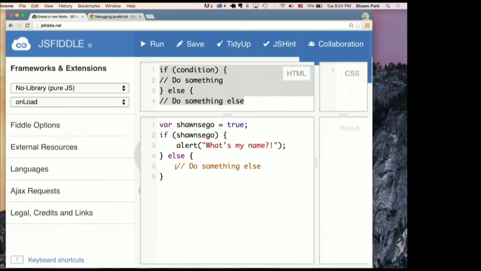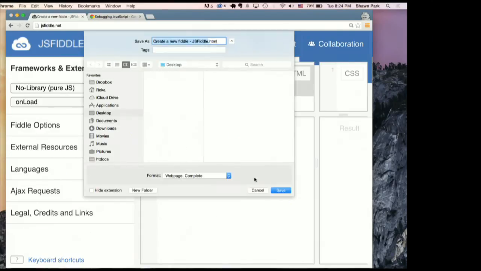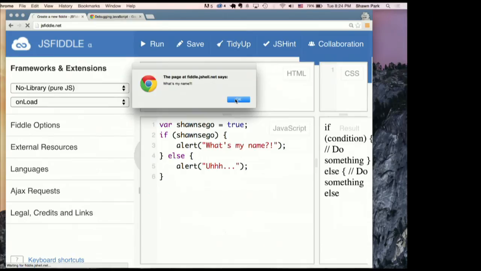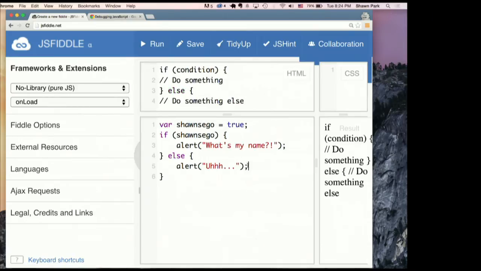Otherwise, he's just going to act like normal and just be like, okay. So what do you guys think will happen when I run this code? Yeah, exactly. An alert will pop up that says, "What's my name?" And indeed it does. Okay, cool.